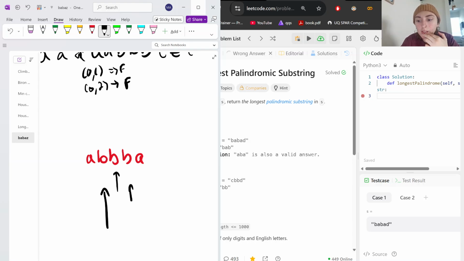I honestly think that the dynamic programming solution to this problem makes no sense. Expanding from the center makes way more sense and it is more space efficient. But I want to do the dynamic programming solution because I'm trying to learn dynamic programming. But okay, if we start from here,